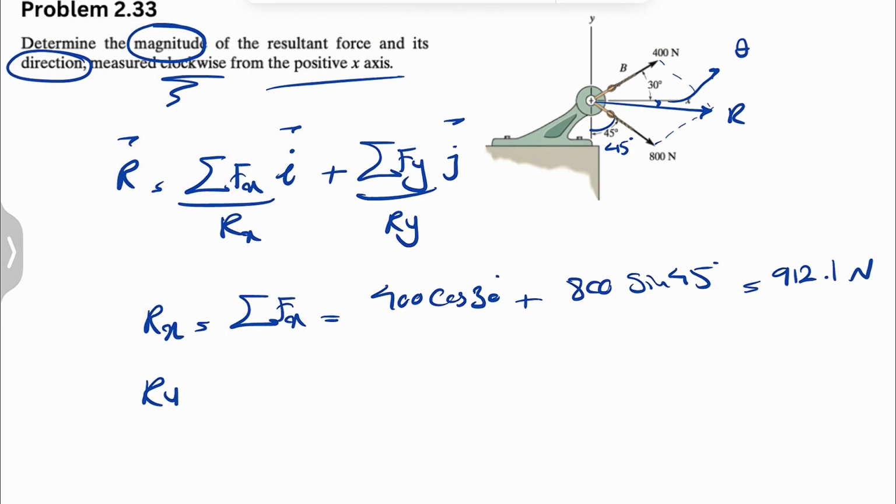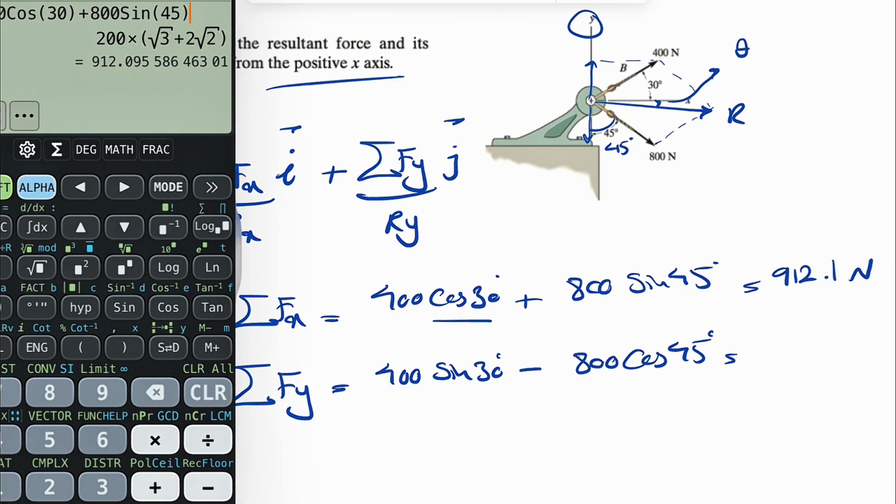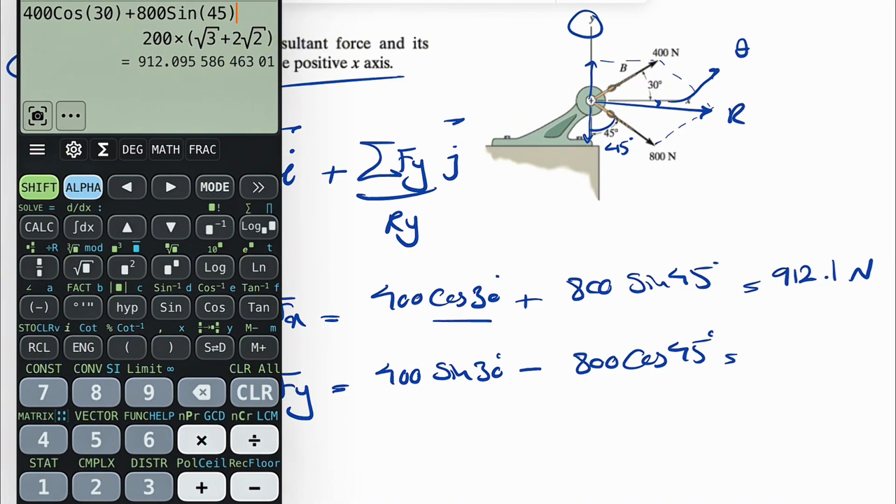And if we want to find our Ry, keep in mind we have the positive direction for x and y in the question. So the y component of 400 is going to be positive and the 800 is going to be negative. So for 400, this time we're going to have sine of 30 degrees, and the other one would be negative because it's downward. So 800 cosine of 45 degrees. Let's see what we get. So sine of 30 we know is 0.5, so 200 minus 800 cosine of 45. So that's going to be negative